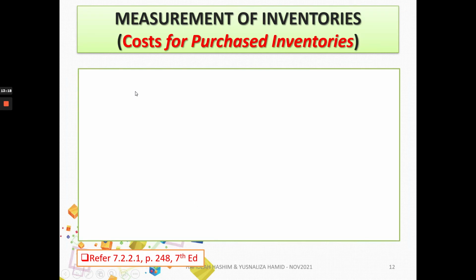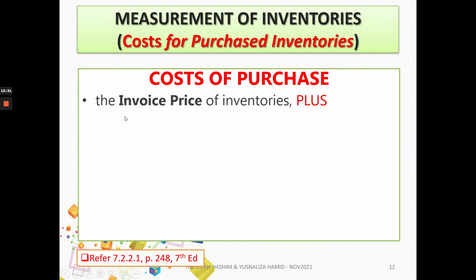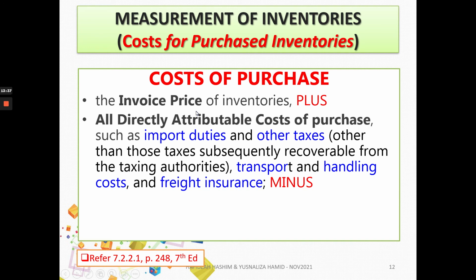And let's look at the measurement of inventories, looking at how we determine the initial cost for inventories that are being purchased. Normally, this is for trading inventories. So the cost of purchase, according to MFRS 102, will comprise the invoice price, or the list price of the inventories, or the purchase price of the inventories, plus all directly attributable costs of purchase, such as the import duties,